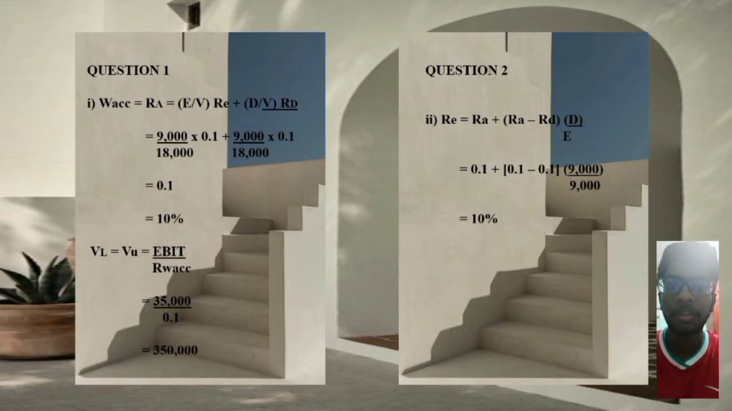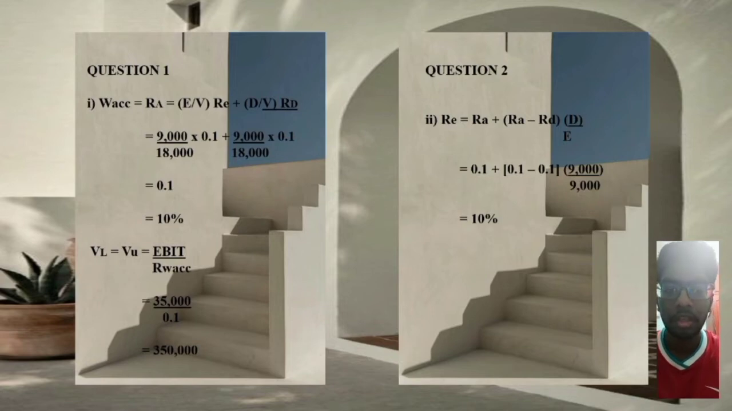Today I will present about the calculation of enhancement. For question 1, RA equals E divided by V times RE plus D divided by V times RD, equals 9,000 divided by 18,000 times 0.1 plus 9,000 divided by 18,000 times 0.1